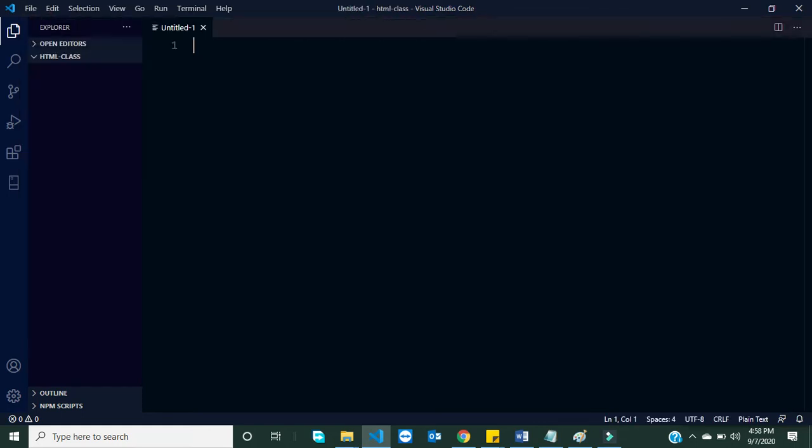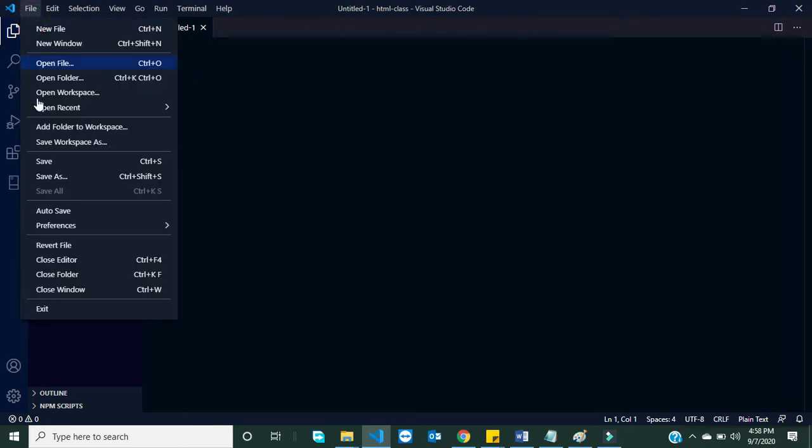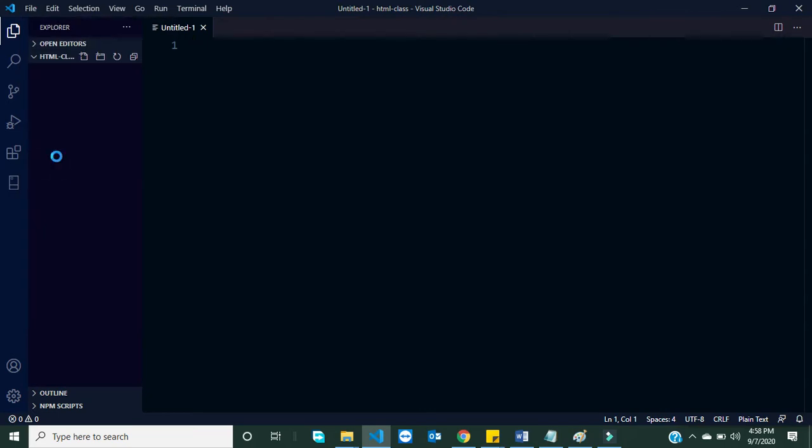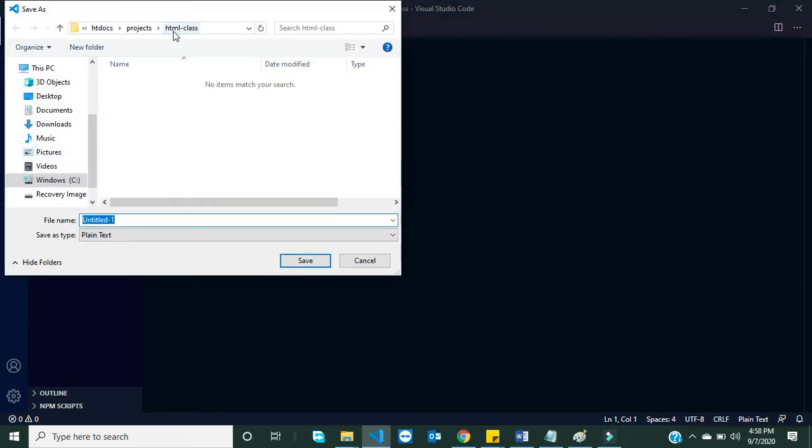The difference now is that a new file will come, but you're not given the opportunity to give it a name, so you have to go ahead and save. In order to give it a name, I'm saving into the folder that I just opened, and I'll call it